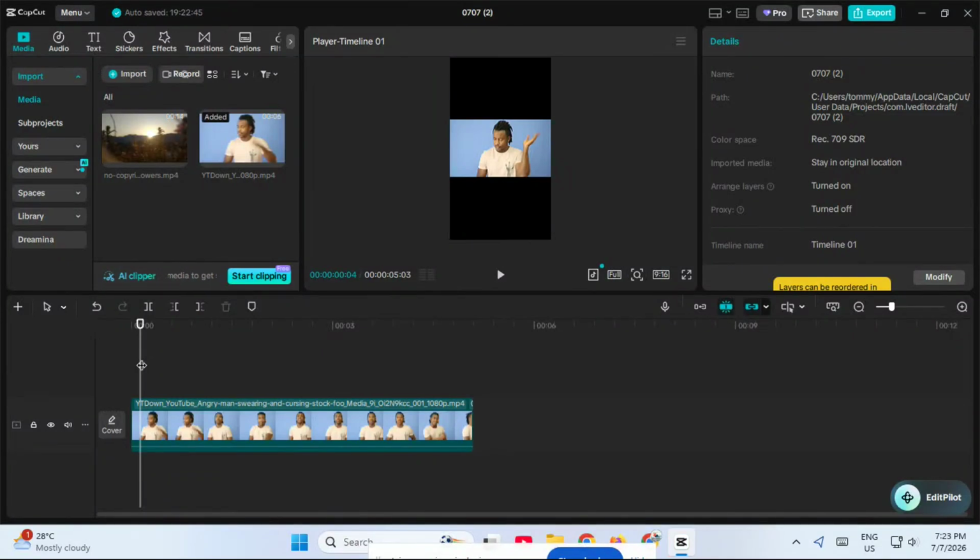If you've ever recorded a vertical video and later realized you need it in a landscape format, this CapCut tutorial is going to save you a lot of time. In this video, I'm going to show you how to convert a vertical video to a landscape video in CapCut quickly and easily, so you can turn phone footage into a widescreen format that looks much better for YouTube, presentations,